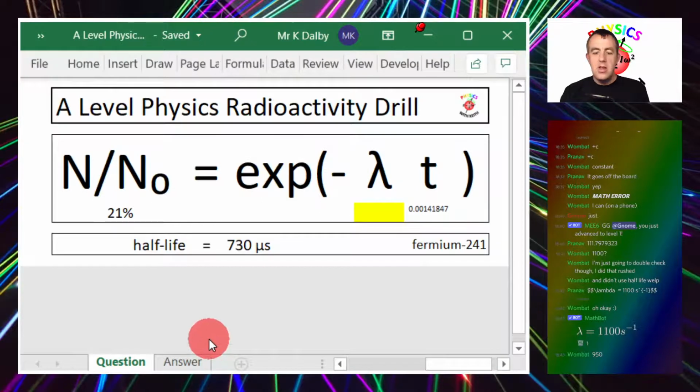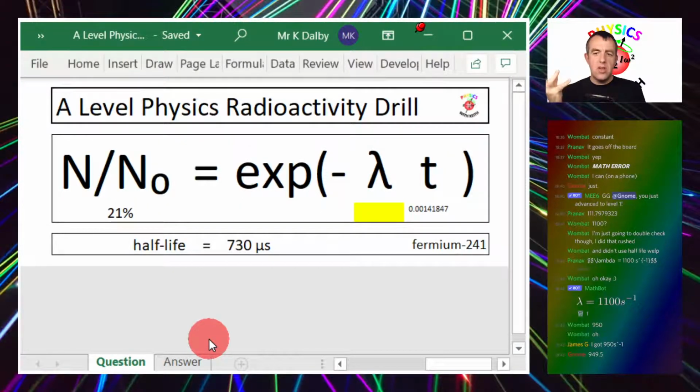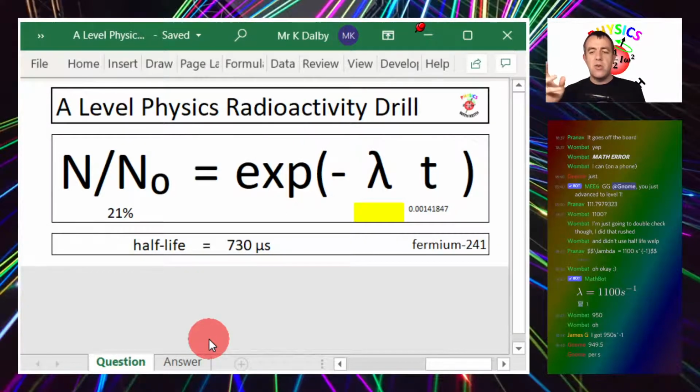I'll have to look at this sheet. Yeah, it gives you more like 950. So, if this was an exam, for example, any number between those two, actually probably not any number between those two answers would be acceptable. And you can see the effect now of having a 2 significant figure value here. So you would have to round your answer to 2 significant figures, and it gives you different answers depending on whether you are using this equation and the numbers given, or just using natural log of 2 divided by the half-life,